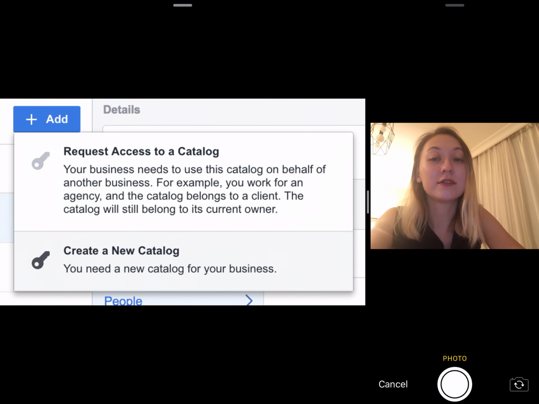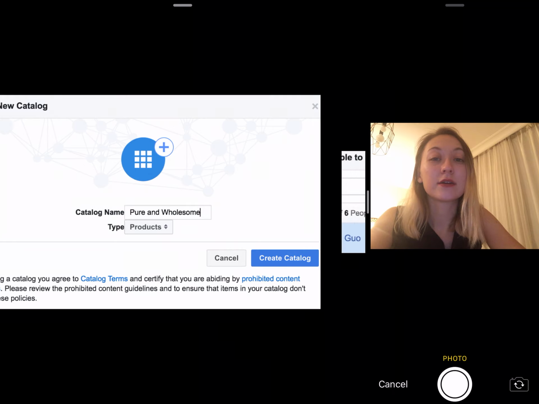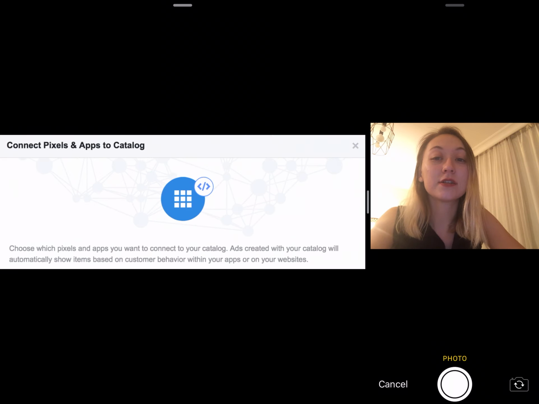from there. And give your catalog a name, choose the type of your catalog, and add people who can access your catalog. You're just gonna create the catalog and add people to this catalog, and then navigate to connect pixels and apps to catalog. Choose the catalog that you've just created,